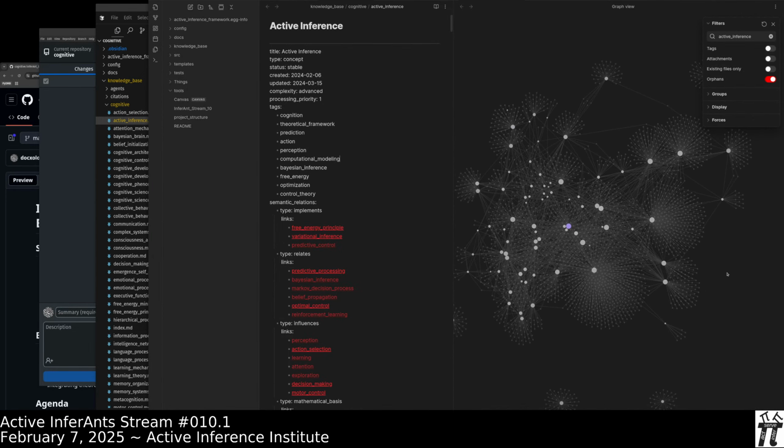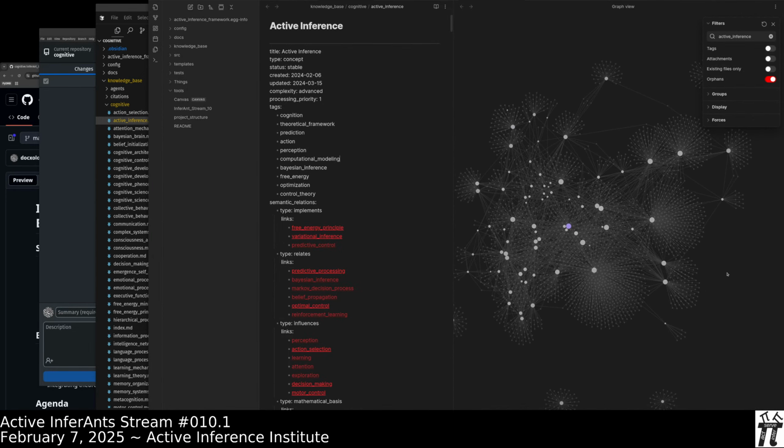So here is Claude 3.5 Sonnet 2024 1022. I've added 4 major new sections to the active inference article. So here in the green are these new sections that just got added. Again, you'll remember from earlier InferAnt streams where anything above like 200 lines of code was getting cut off. Now we're into the 1400 lines of code. So that was a pretty simple edit.